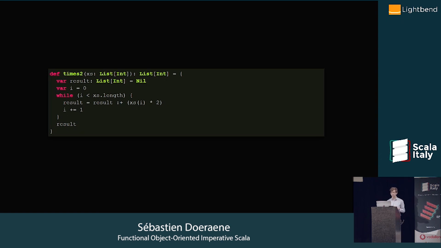So this is terrible because it's not really idiomatic Scala, but worse, it's terrible because it's absolutely inefficient. There are 3 operations that are done on every iteration of the loop, but they are O of n in the size of the list. There is xs.length, there is xs of i, and then there is append to the result.